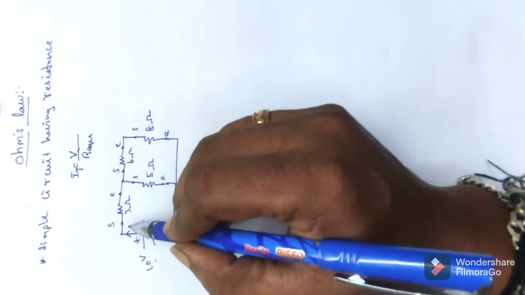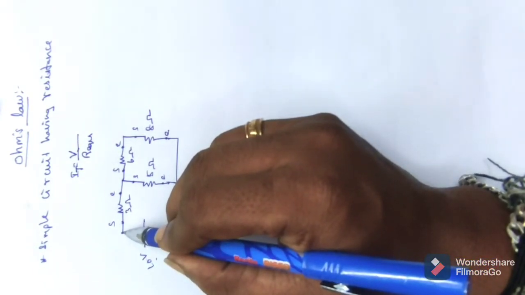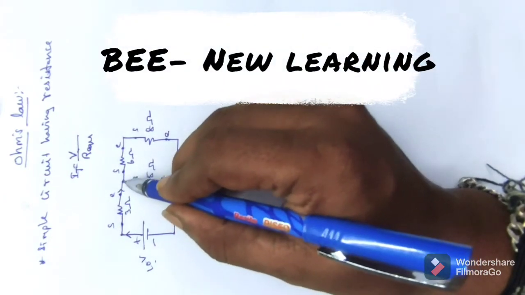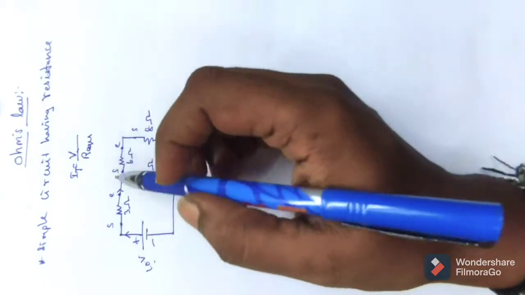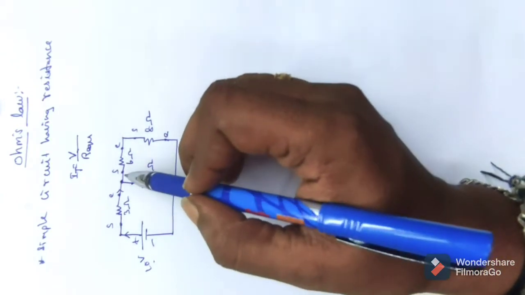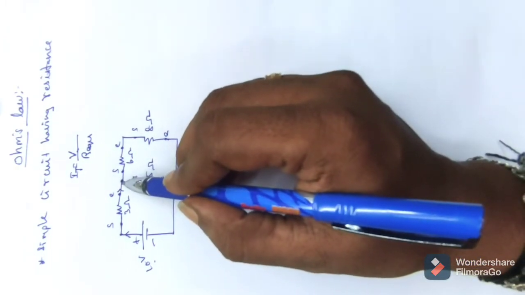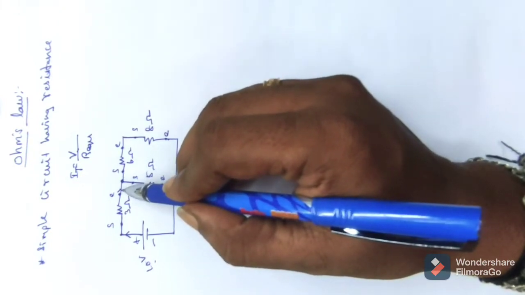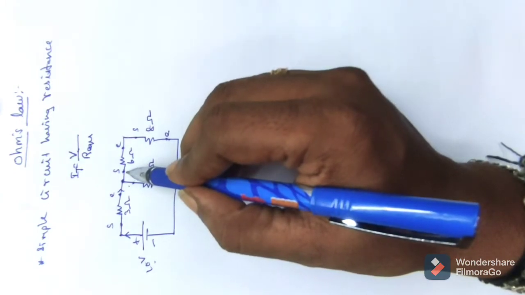For numerical purposes, I am calling this total current 100% current. This 100% current passes without any change through this resistance and comes down, meeting at the junction. It is somewhat like water flow: here I have a pipeline, here I have a T joint. At the T joint my input is 100%, but it is further divided into 50% and 50%.